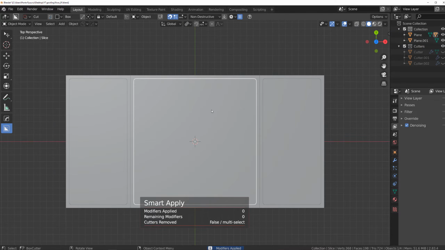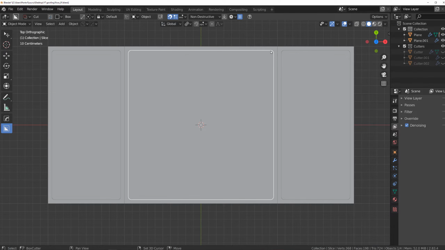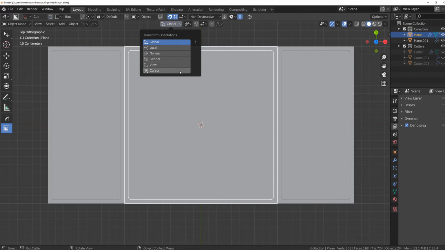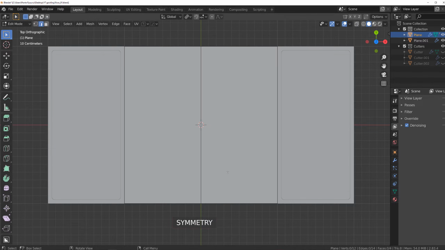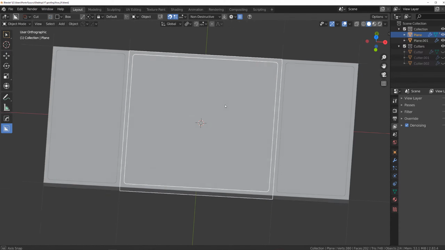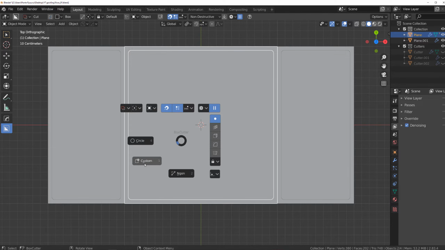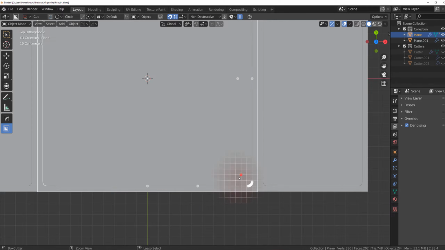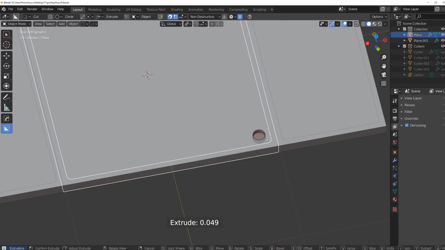So, alright, now let's see. First what we're gonna do is select these two and symmetrize them across here, so we got this line. It's gonna help us with design, and let's now switch to circle and draw one in here, drop it in just a little bit,